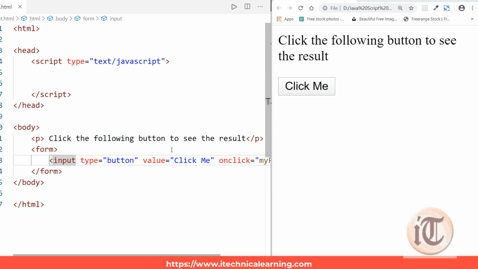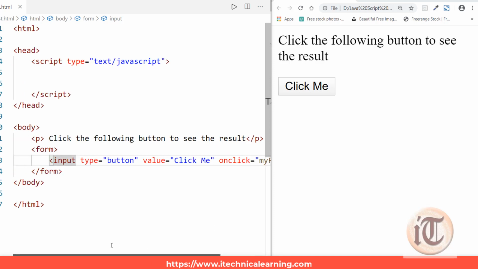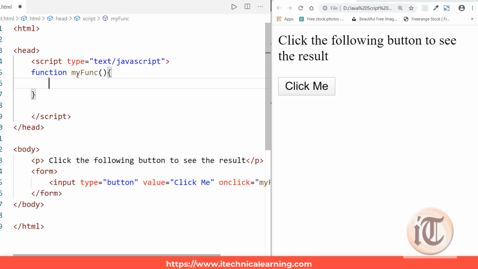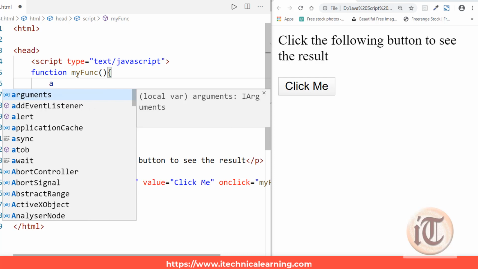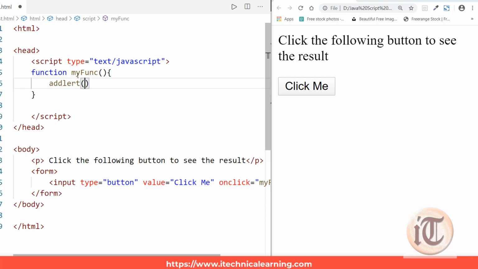So I have created a button with the value click me, and on click I want to call a function named myfunc. So I have to create this function named myfunc. This function suppose contains a particular error, and by mistake I have written alert as alert. So this is a typo error. Okay, and I want to execute this code.